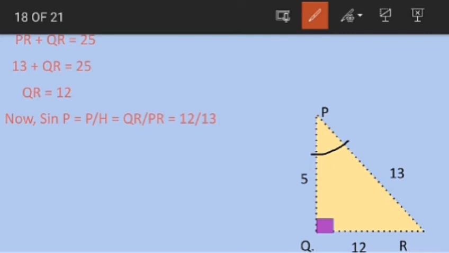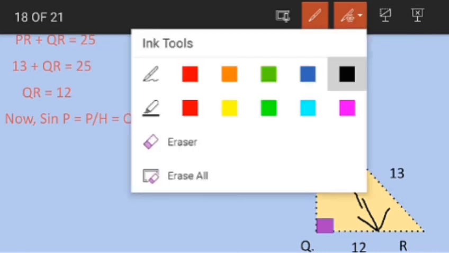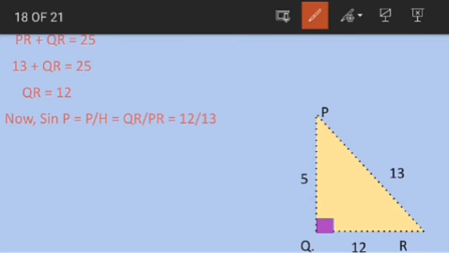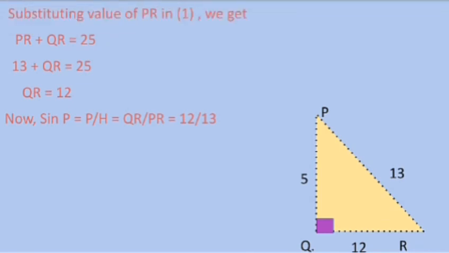If you choose the wrong side corresponding to the given angle, then the answer is going to be completely wrong. So always remember, here the perpendicular to the angle P is going to be the side opposite to it, that is QR, and the hypotenuse is going to be PR. So substituting the value, you will get sin P equals QR upon PR, that is 12 by 13. Now cos P is based upon the base and hypotenuse. For the angle P, the base is going to be PQ because it is the adjacent side, and the hypotenuse is PR, the longest side.